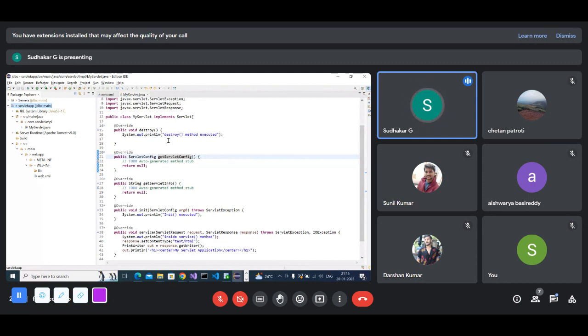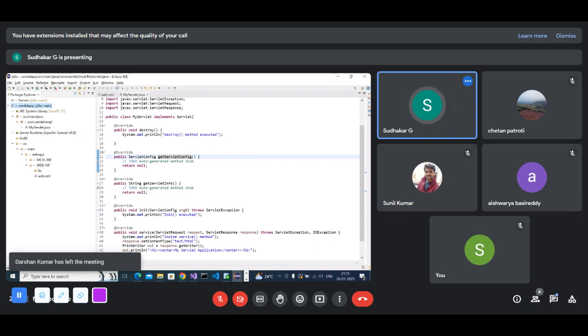See here, when you start the server and deploy your application in the server, when you hit the URL, the corresponding server... when you deploy your servlet application into the server, so for each application,